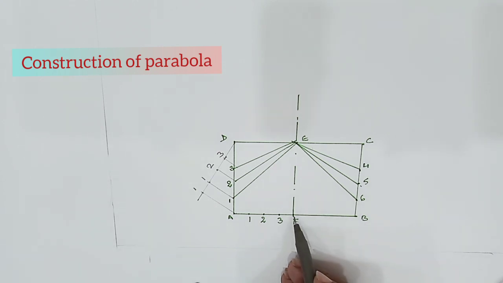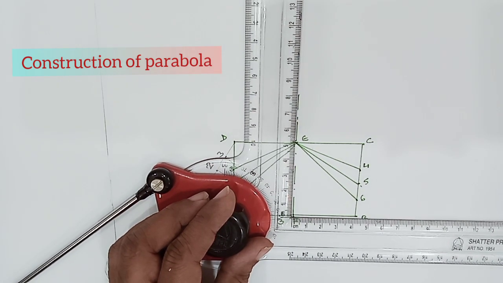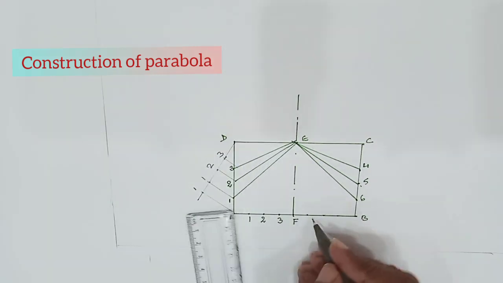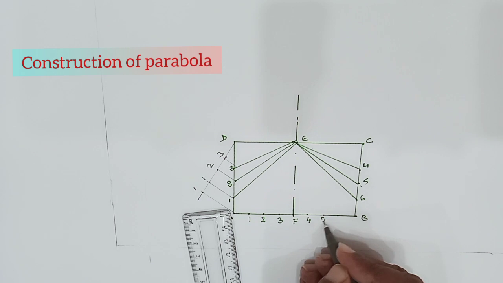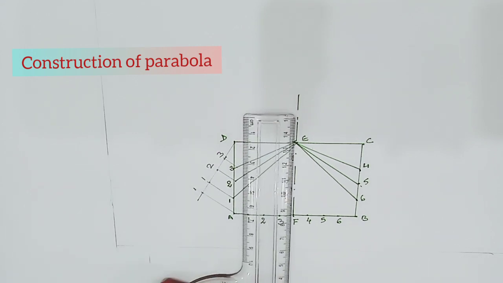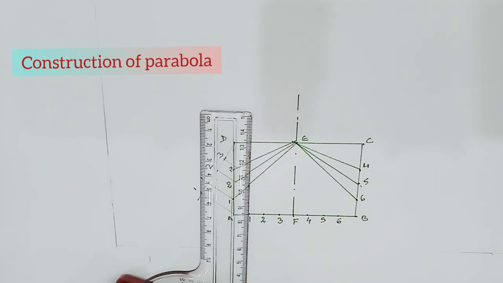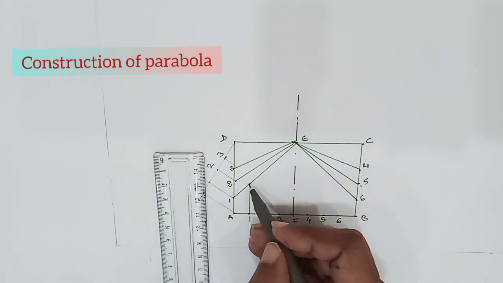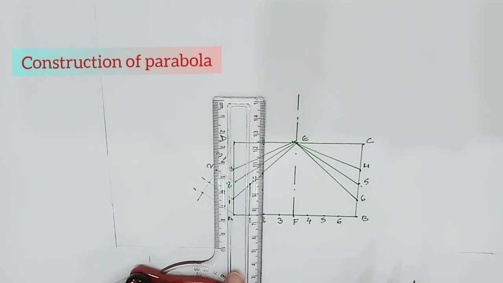Then divide BF also into same number of equal divisions. 4, 5, 6. Then parallel to EF, that is axis, passing through 1, draw perpendicular to base, and it is going to meet E1 at P1. At 2,